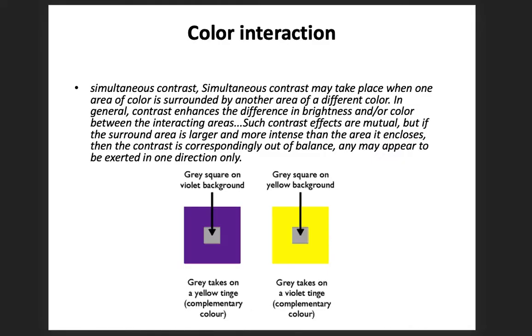So as you utilize these color interactions, if you take, say, a neutral gray and you place it on a color, it will create a kind of visual temperature, or it will create a contrast that doesn't actually exist. So what we have illustrated here is obviously the same gray put on purple and yellow, and one appears darker than the other. You see that? So the gray on the right appears far darker and smaller in square structure than the one on the purple. So as you become more aware of this, the more you can utilize these as